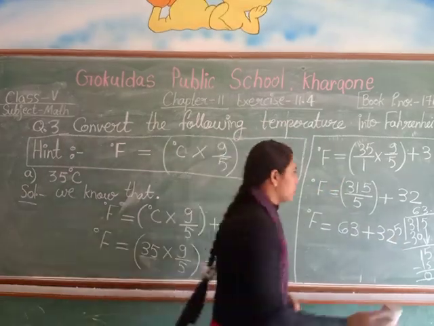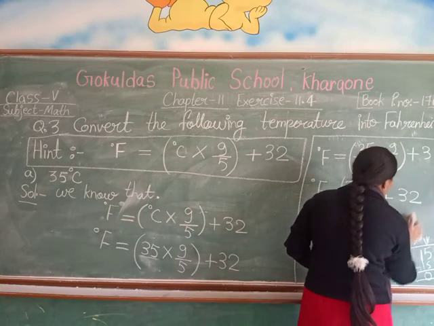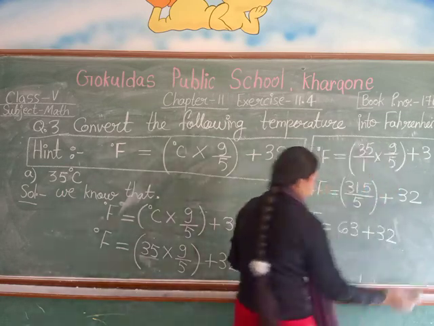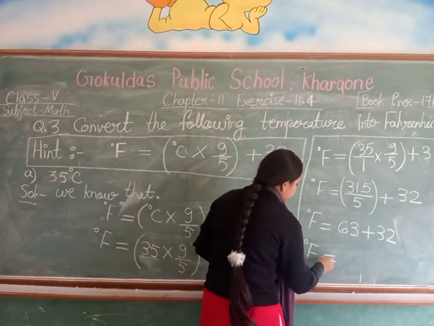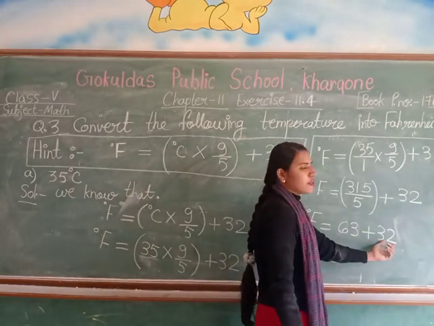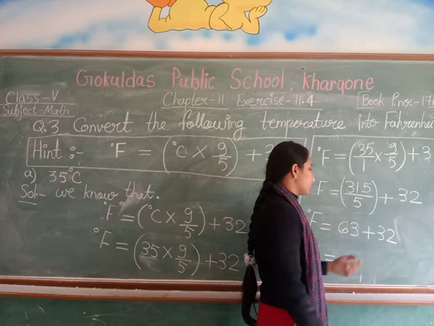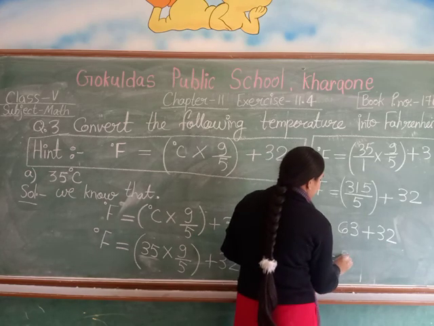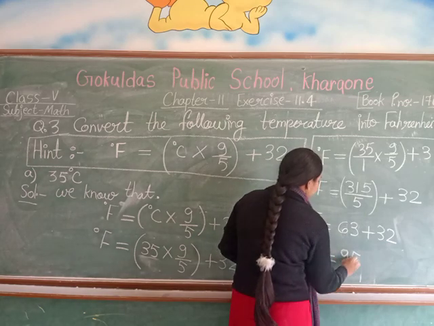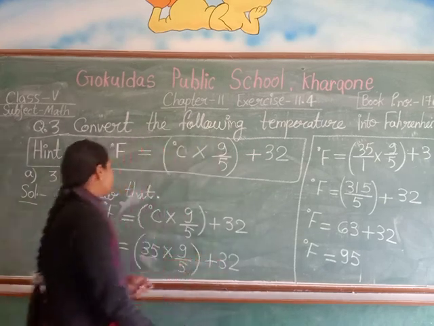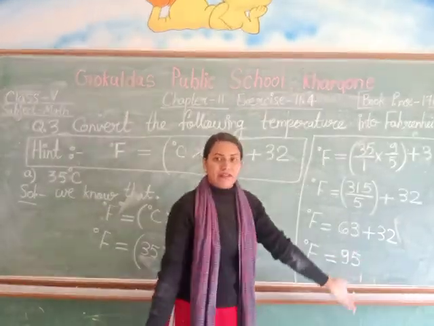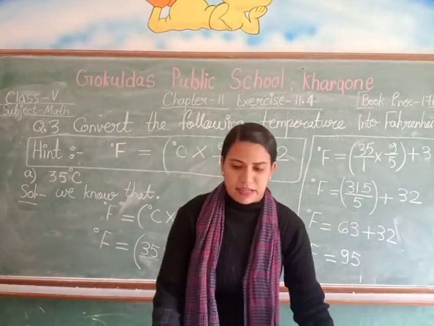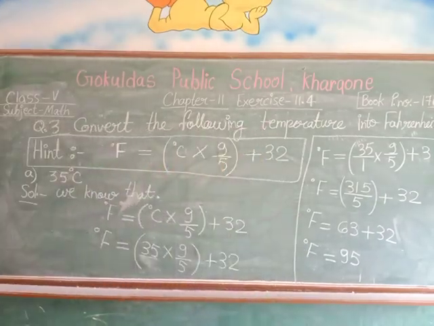Now I am erasing this rough work. Degree F is equal to 63 plus 32. 63 plus 32 is 95. So 35 degree C is equal to 95 in Fahrenheit scale. 35 degree centigrade